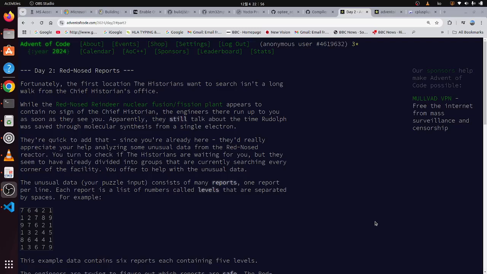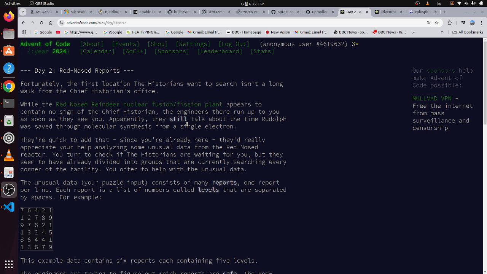Okay, so in this case, we continue with our problem. This is day 2. So on day 2, we have this problem. We are continuing from day 1. They're saying, fortunately, the first location the historians want to search isn't a long walk from the chief historian's office, and that while the red-nosed reindeer nuclear fission